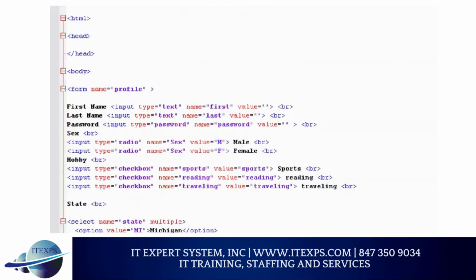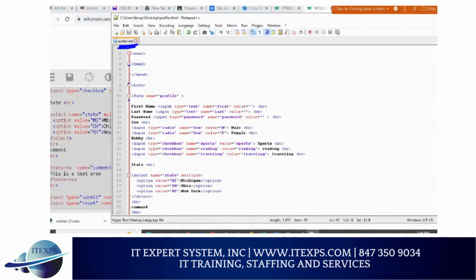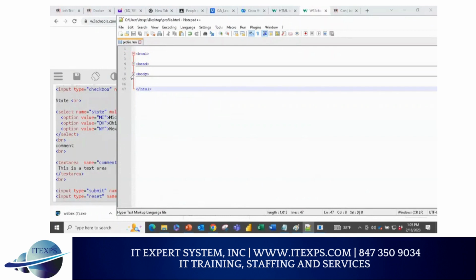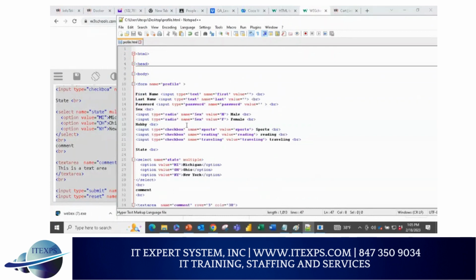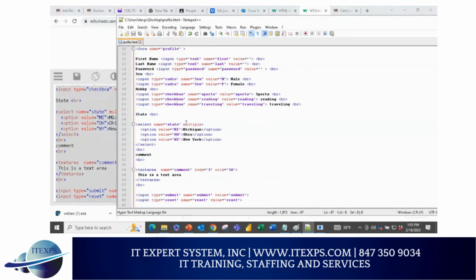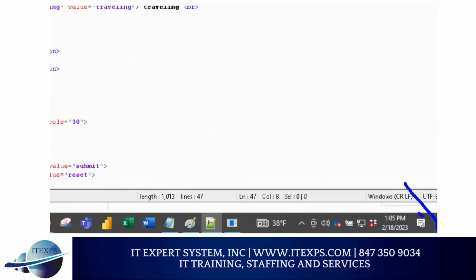The reason it is colorful is because Notepad++ understands HTML, and it does a pretty good job in coloring the tags. You can minimize and maximize, and you can see how nice it is. It automatically gives color, which is kind of nice. Good. Now, if you click on the right bottom corner,